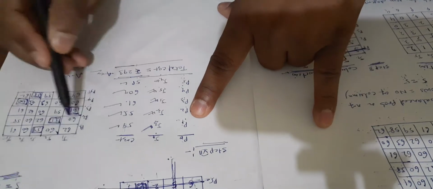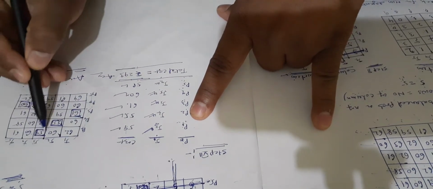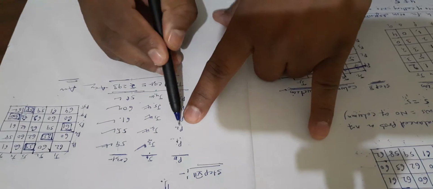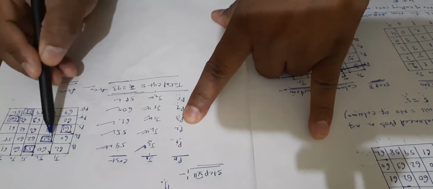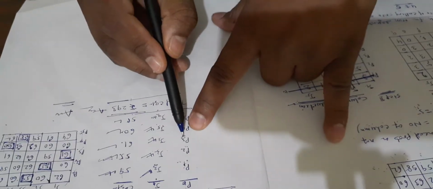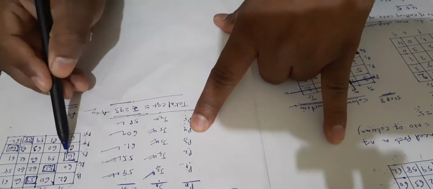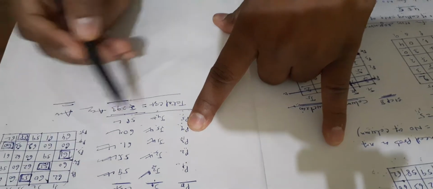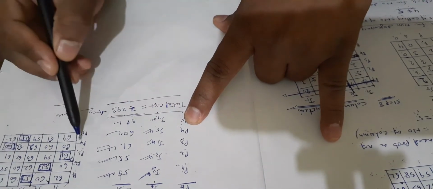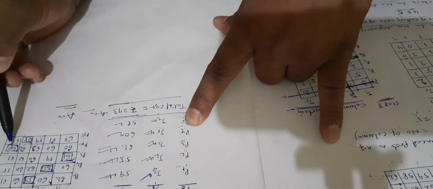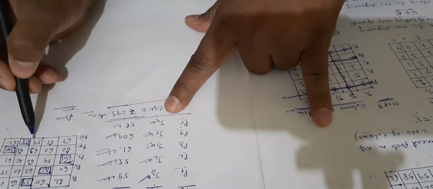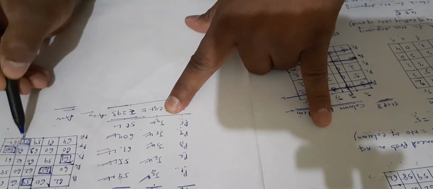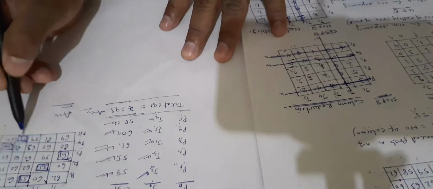So P1 J3, see that P1 J3 is this 59, right here 59. P2, this P2 J2, this one J2 is 55, right here 55. So see that P3 J1 is 61, right here 61. P4 J5 is 60, so right here is 60. P5 J4, this one J4 is 58, right here is 58.